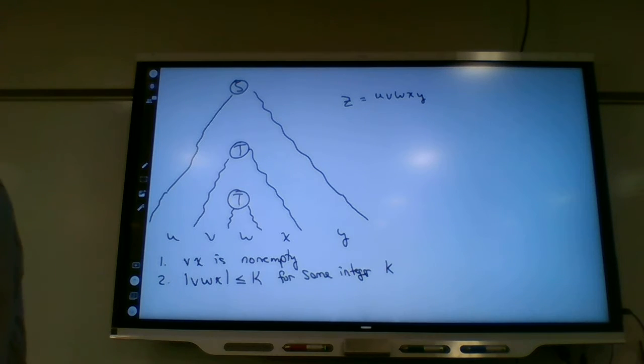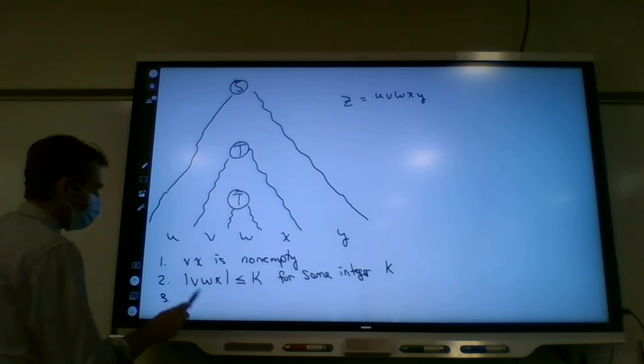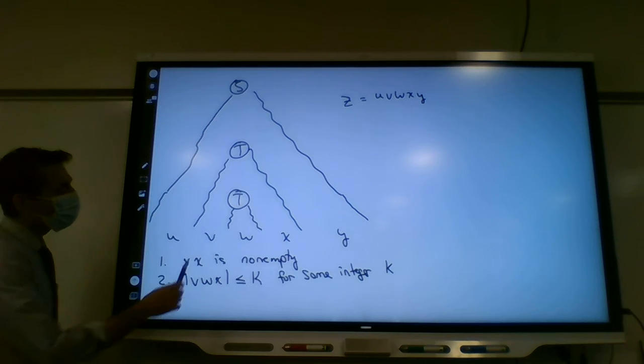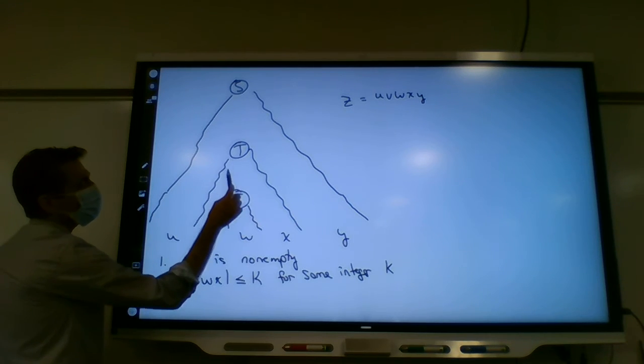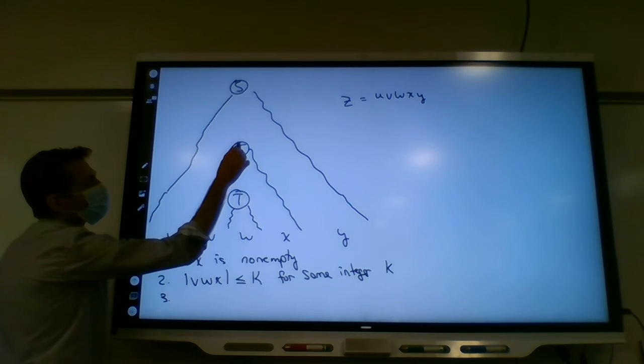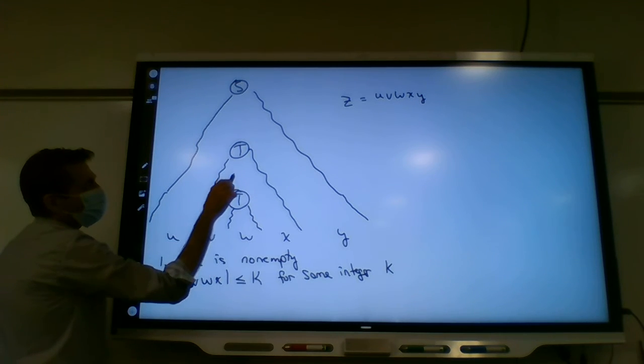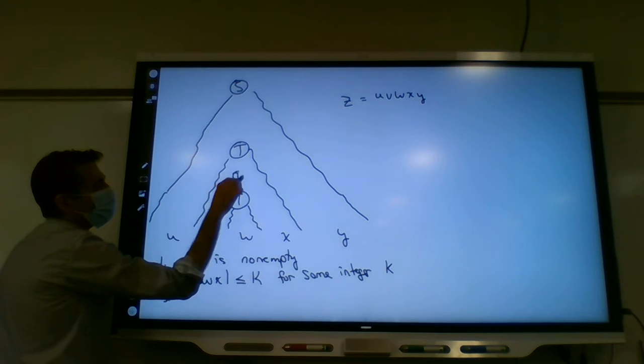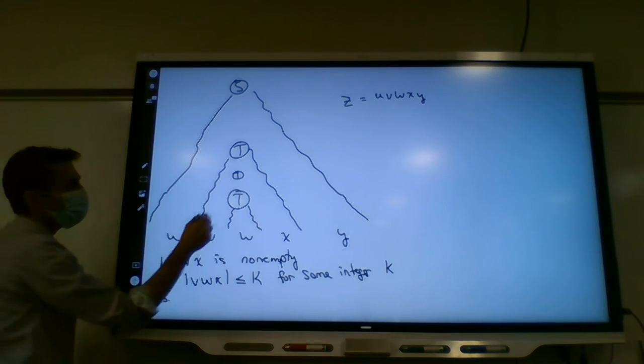And then the last part is that if we can generate something like this, what happens if we were to repeat the t portion in here?